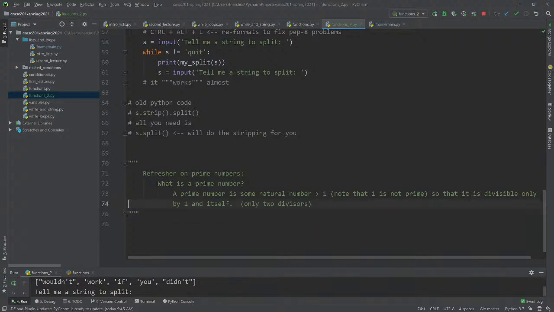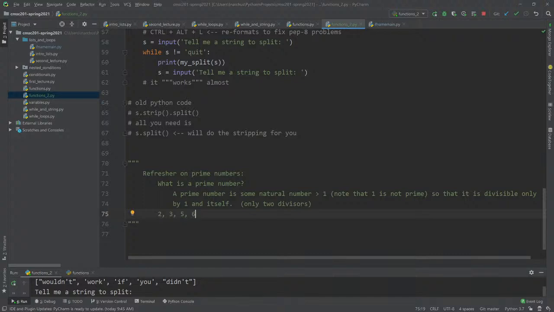So let's think about what kind of numbers are prime and what kind are not. 2 is prime because there's nothing else to divide it other than 1 and 2. 3 is prime because 2 doesn't divide it. 4 is not prime, right? How about 5? 5 is prime because 1 divides it, 2 doesn't, 3 doesn't, 4 doesn't, 5 does. I'm going to stop saying 1 and 5 because it's pointless.